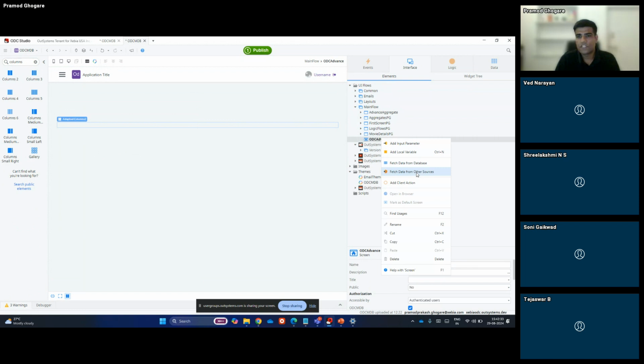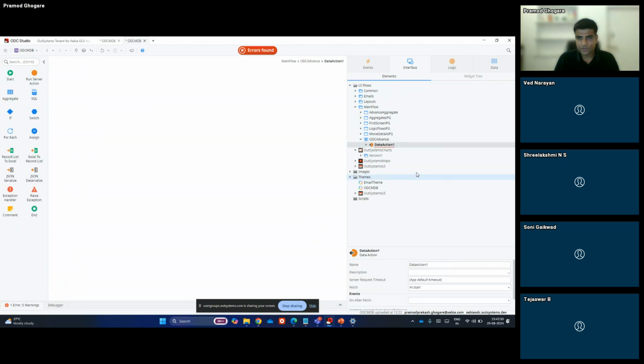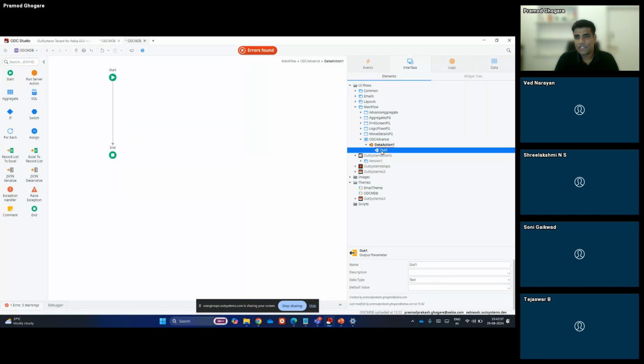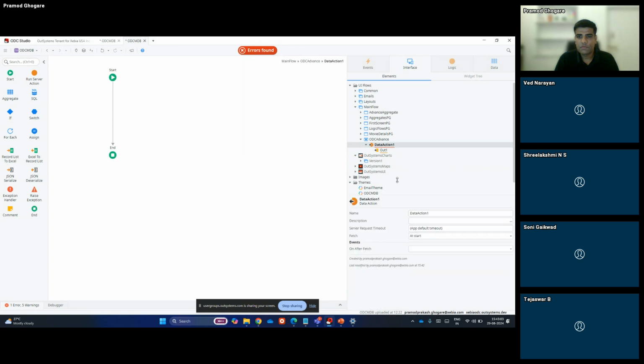So this is what the data action is for us, and we are all aware of the advantage of data action. It is the asynchronous way to fetch the data, so our application is not going to wait to complete the other request from the server, which is giving us an advantage over it. So when I get the data from other sources, it comes with one output parameter, that is out1. Definitely we can rename this data action and this output parameter. So I'm renaming it as the